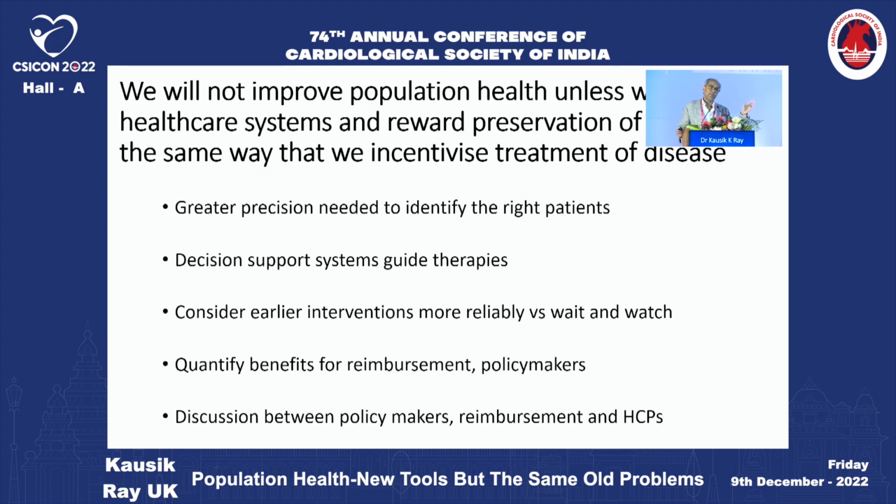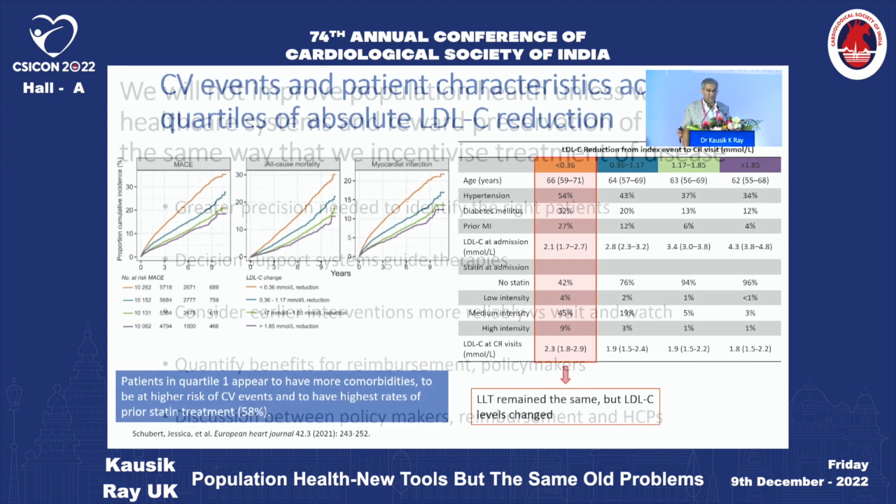Meaning that, for example, it's a bit like your pension. If you start with small amounts and change your life course early, you'll actually get much more benefits than if you were starting later, when you're going to have to put more away into your pension. We've got to be able to quantify these benefits because ultimately we're at the mercy of payers and policymakers, and we've got to have those discussions because some of these treatments are not going to be cheap.